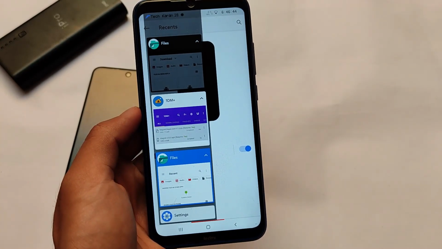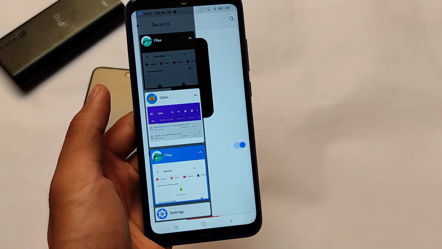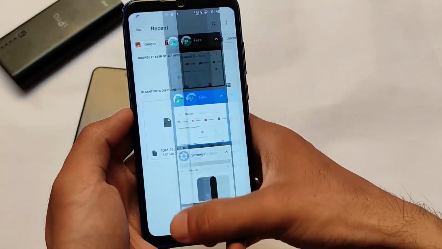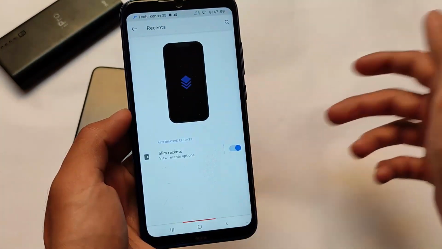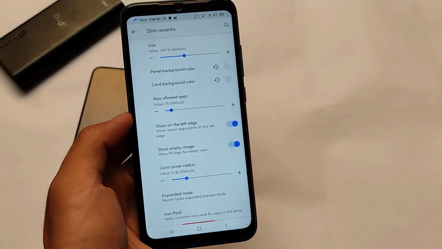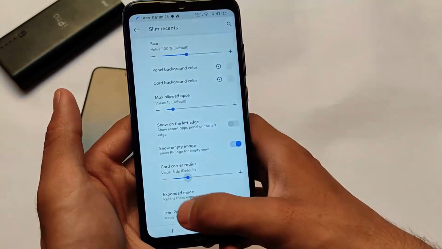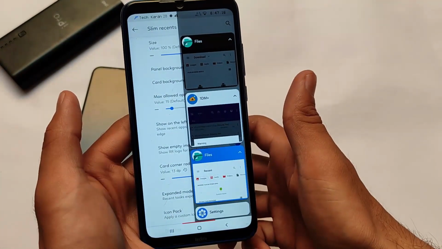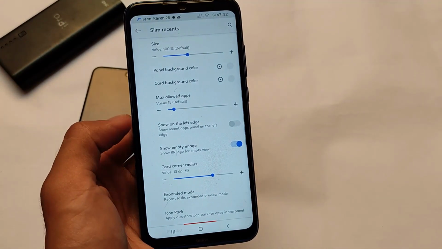The recents panel also has customizations. It includes a slim recents customization. Normal recents doesn't look like this, but after enabling the slim recents option on your device, you might see these recents, and they are quick enough, or you can say this will improve the multitasking on your device. It looks quite good and impressive, and you can also customize these slim recents, like the background color. You can customize the left edge or right edge, you can choose the left side or right side, and you can also customize the corner radius like this. You can choose the rounded recents. So it actually looks quite good and seems to be a very interesting feature. That's why I've included this one in my list.